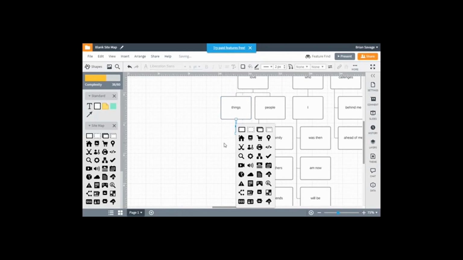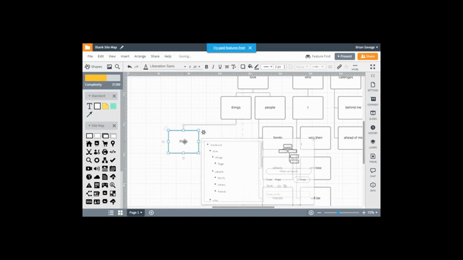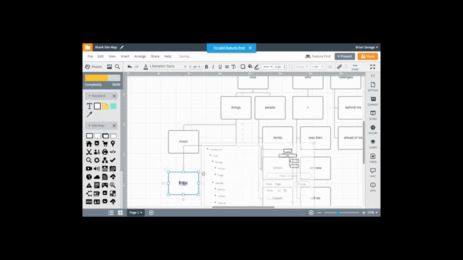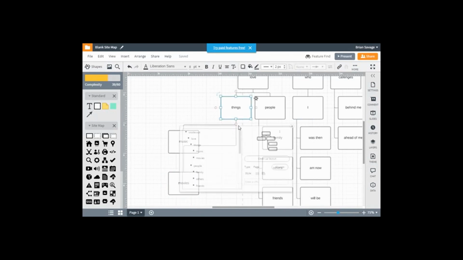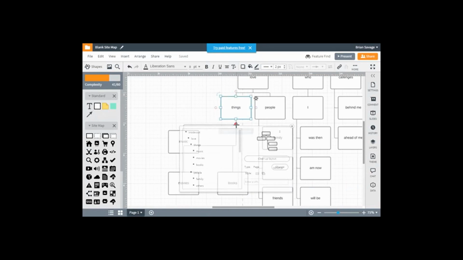Then we're going to go ahead and do things. And under things, we're going to do music. We'll add another one, and we'll call that movies. We'll add another one. We'll call that books. If you notice, I click away to be able to get at that when something gets in my way. And then we'll add one more, which is not on the homework picture, but if you don't get it,